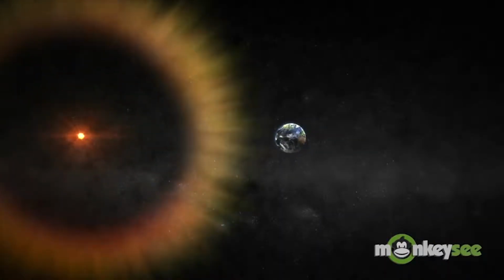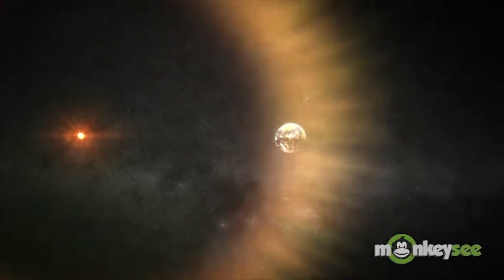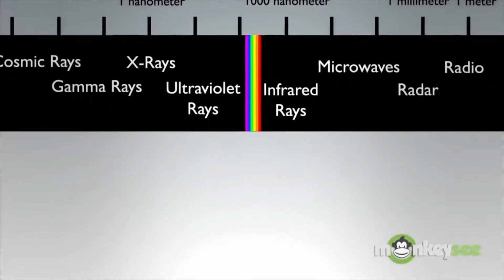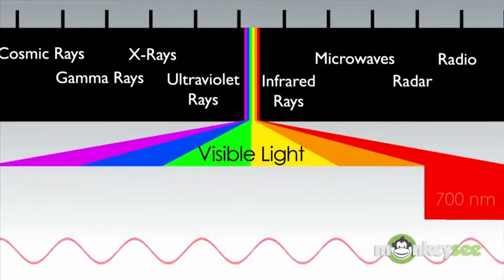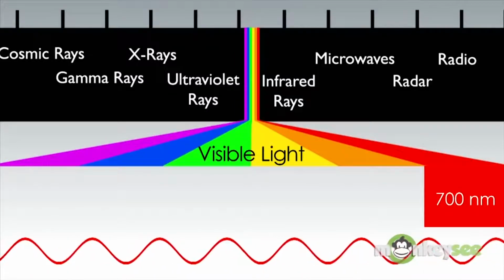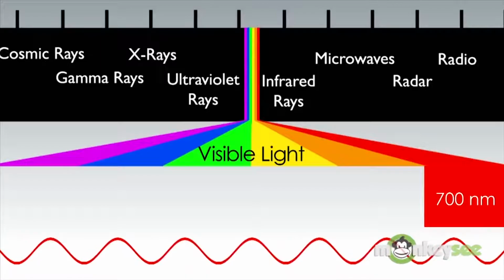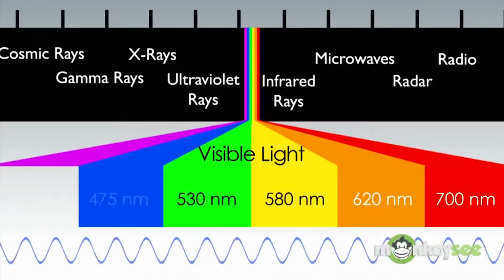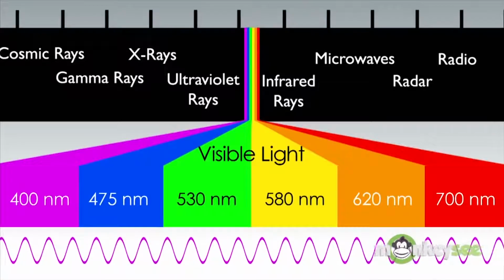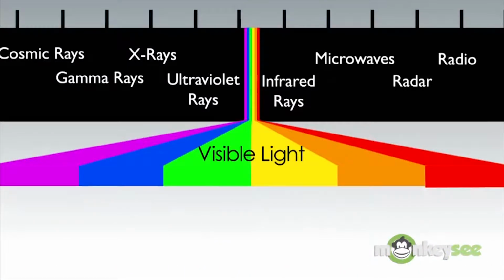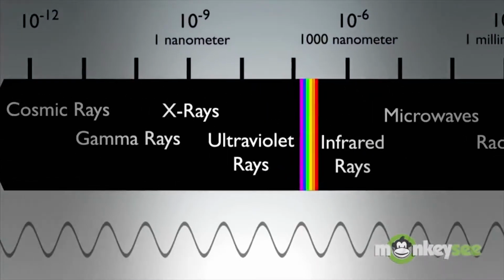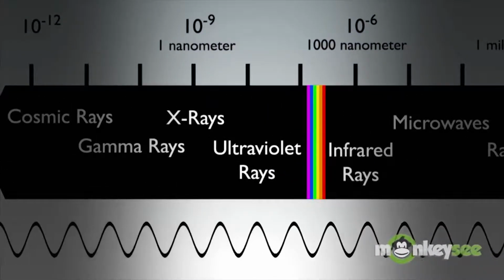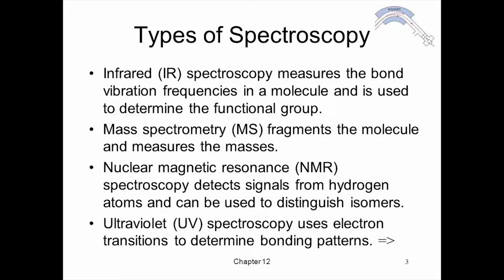Electromagnetic radiation refers to the waves of the electromagnetic field that carry electromagnetic radiant energy through space and time. The electromagnetic field is composed of the electromagnetic spectrum, possessing, from low energy to high energy, radio, microwave, infrared, visible, ultraviolet, X-ray, and gamma-ray light waves. There are various forms of spectroscopy, the type being dependent upon the frequency of light being used.